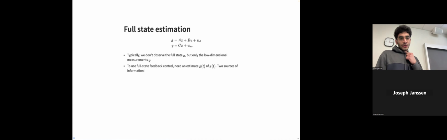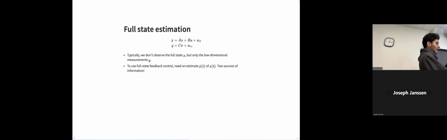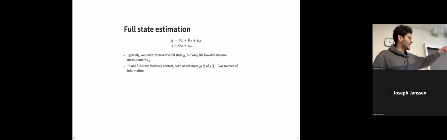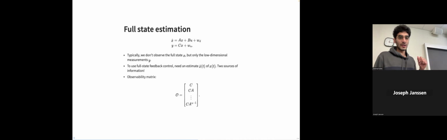Typically y can be really low dimensional. So it's not the compressed sensing setting, I guess, where the number of measurements is equal to the intrinsic dimension or something. It can be just one measurement, just one coordinate, and in certain systems that can be sufficient to actually estimate the state, because we have knowledge of the dynamics as well.